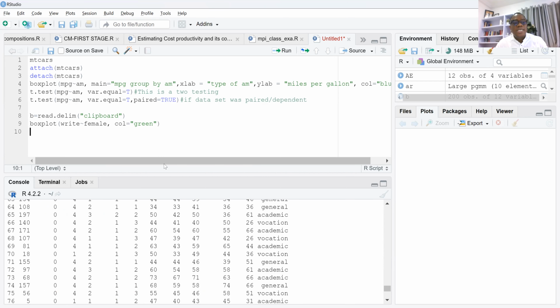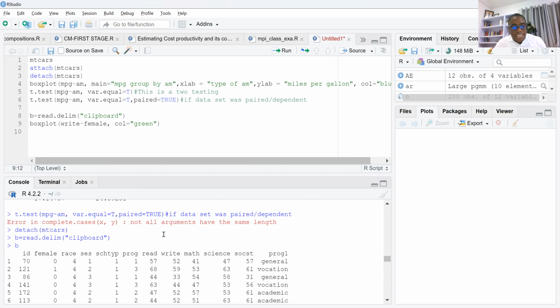Okay, so this is why you have to indicate which data set they are coming from. You remember I told you that since I have written right, and look at it here, where is right? Right is inside the data set called B. So before I can execute this, I need to write B$right. And before I write female, I need to write B